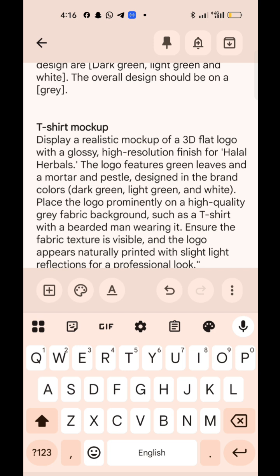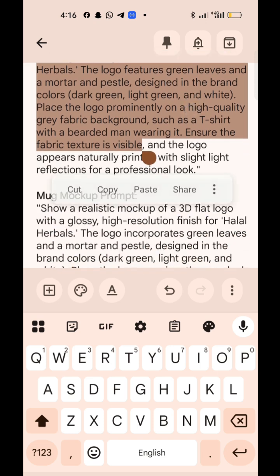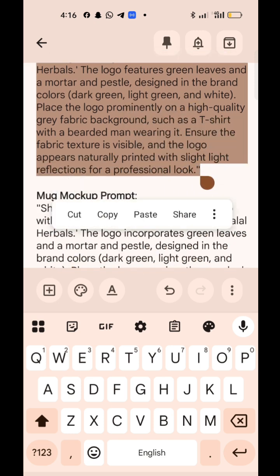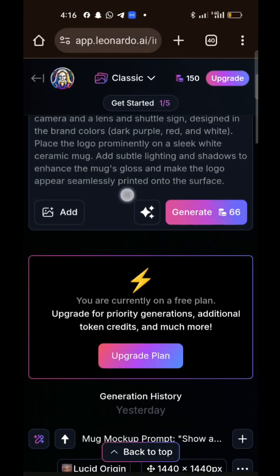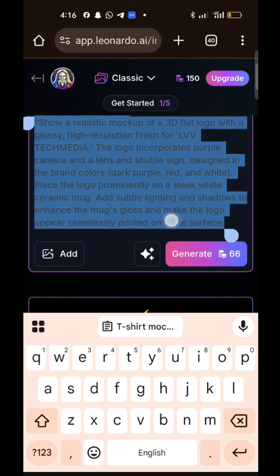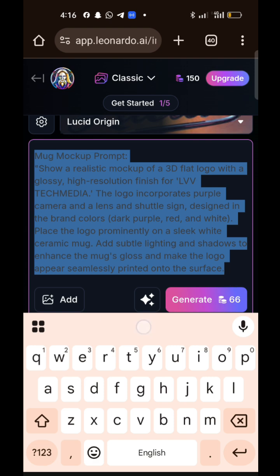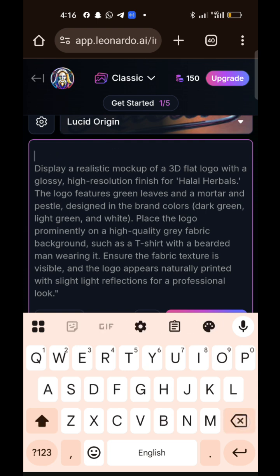So let's work with the one of shirts. What I just need to do is to copy my prompt. This one is a t-shirt mock-up. So I will copy. Remember, I must edit it. I'll copy, then come here, and of course I'll need to paste the one I just copied, which I have done. So look at the t-shirt mock-up. So I can delete the t-shirt mock-up. Alright, so what I have here is: display a realistic mock-up of 3D flat logo with a glossy high resolution